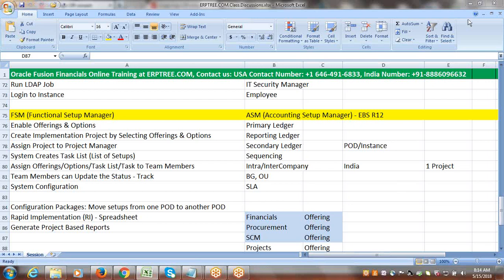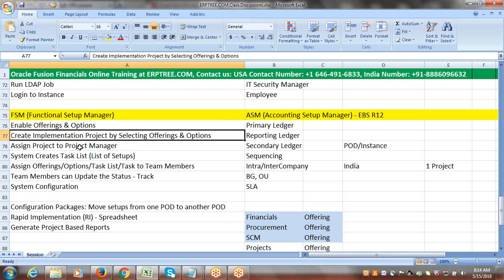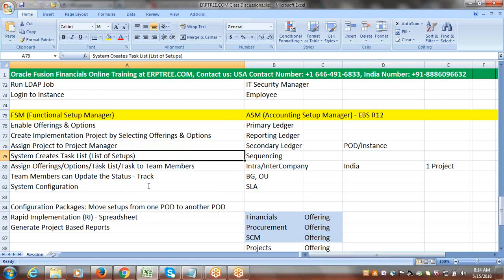Fine. So in the last session, these are the points we discussed about FSM, primarily FSM for configuration purpose. Within the FSM, we have to enable the offerings, we have to create an implementation project. And at the time of the implementation project, we can assign that project to a project manager. And once you create the project, based on the offerings and options which you choose in the project, the system will create